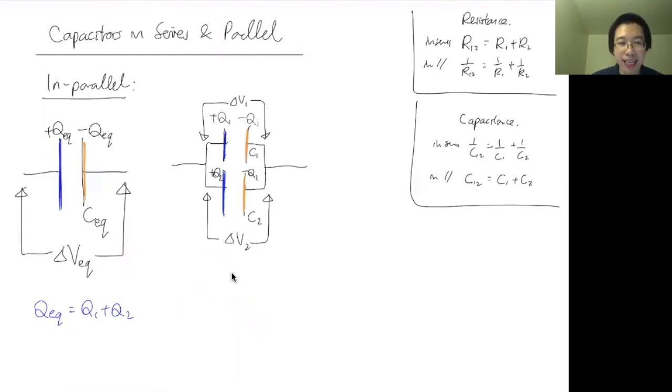What else is related? Let's look at the potential difference, right? Just by splitting the wire in that triangle that we did, or in this bracket, doesn't change the potential difference, right? This point is the same as this point. This point is still the same as this point in terms of potential. So we deduce that not only V1 equals V2, but this is all the same as VEQ.